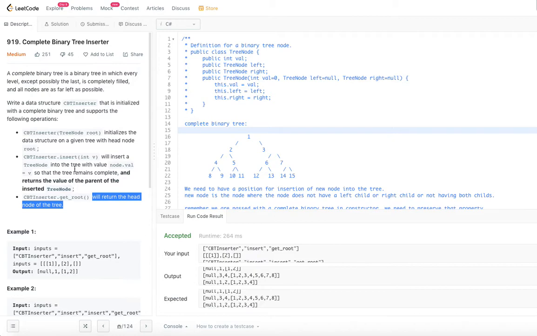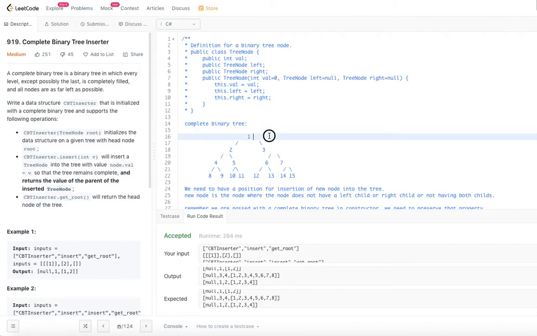So let's go ahead and understand what actually a complete binary tree is. It said every level should be completely filled except the last, and even in the last, all the nodes should be as far left as possible. So I have a rough diagram for a complete binary tree. I have around 15 nodes in this binary tree. In each level, I have all the required number of nodes present.